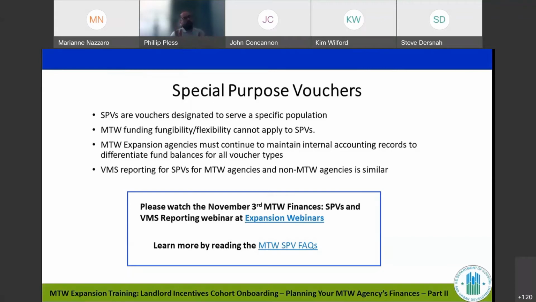how and when MTW, what we're going to refer to as administrative flexibilities, can or cannot be applied to special purpose voucher programs. So an example to just make that clear is, there might be certain things you're doing as an MTW PHA when you're calculating rent, for example, or things like that. There might be administrative processes that you're doing. Those can potentially be applied to your SPV programs as well,